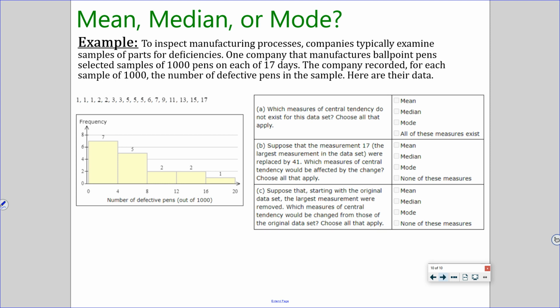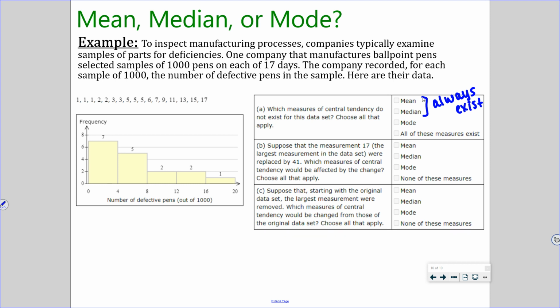Anytime you're given numerical data, there's always going to be a mean and a median. Always. You can always calculate it. So for numerical data, these always exist. It doesn't matter what the numbers are. We can always calculate the average. We can always find the middle. There is a chance where there could be no mode, right? But looking here,